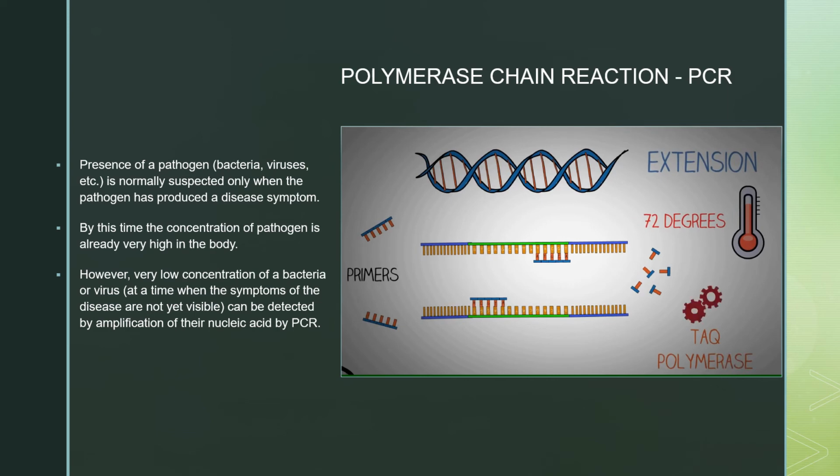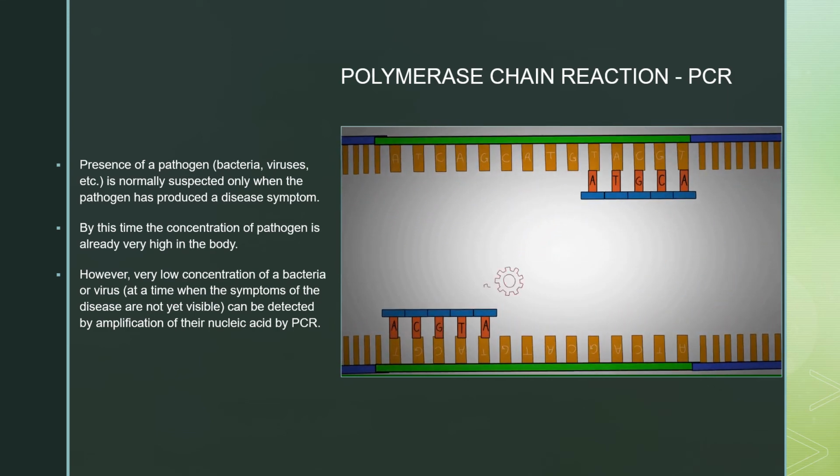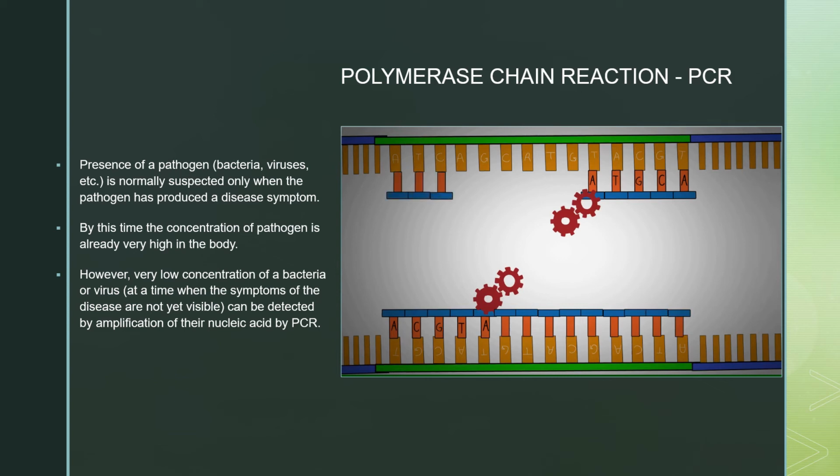new strands of DNA. Here you can see the Taq polymerase adding new nucleotides to the short sequence of the primer to form new strands of DNA, which is complementary to the original strand. These ingredients are assembled in a tube along with cofactors needed by the enzyme and are put through repeated cycles of heating and cooling that allows new DNA to be synthesized.